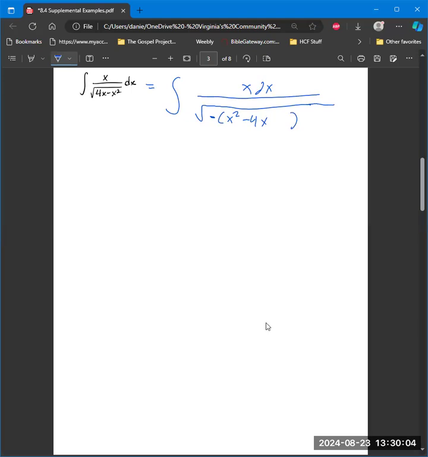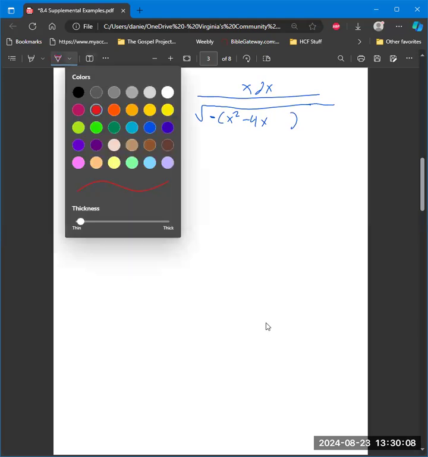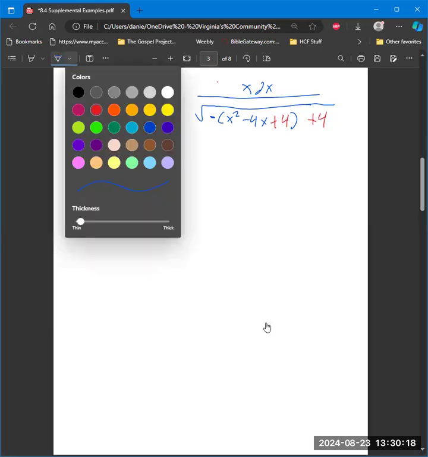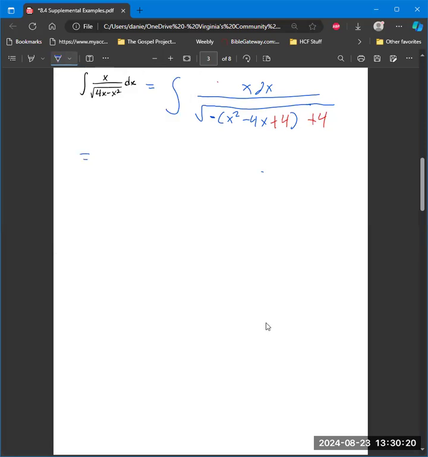And then the magic number here is half of this number squared, which is plus 4. We added a negative 4, so we're going to add 4 here. So that makes this into square root